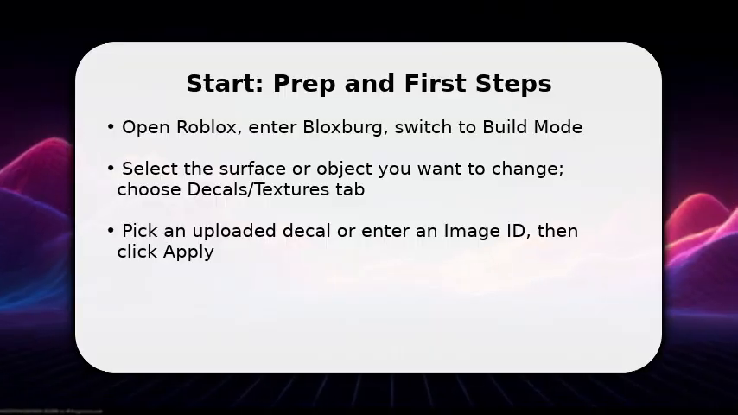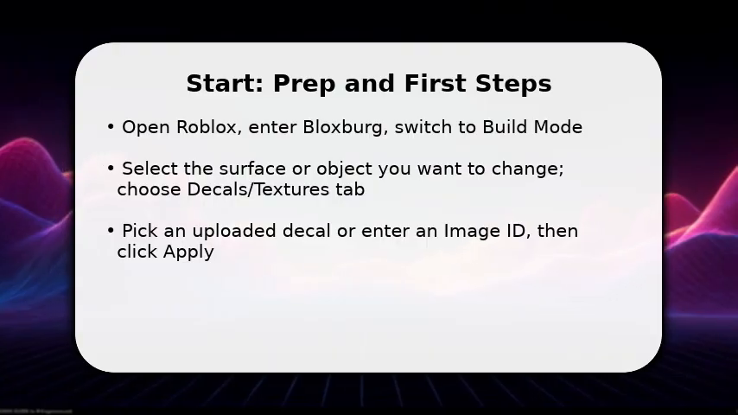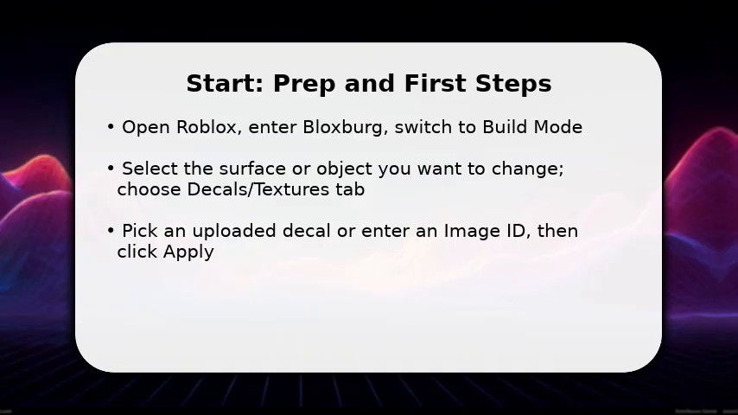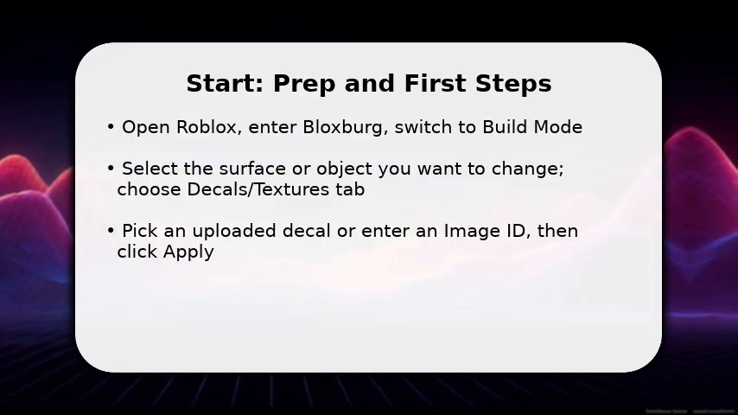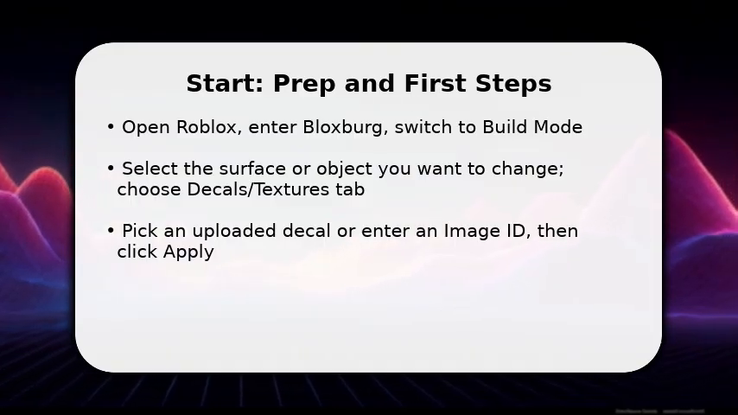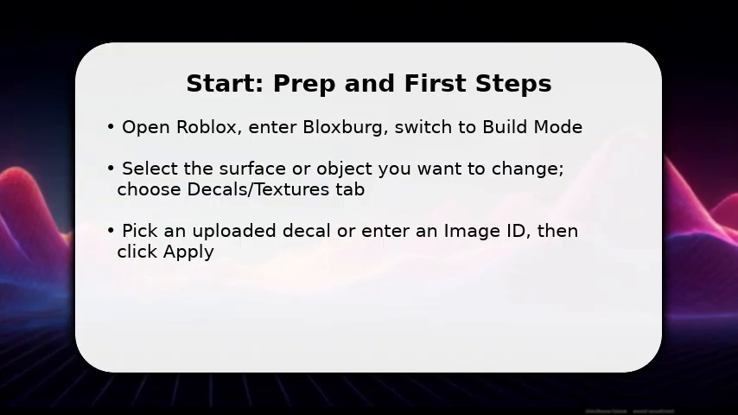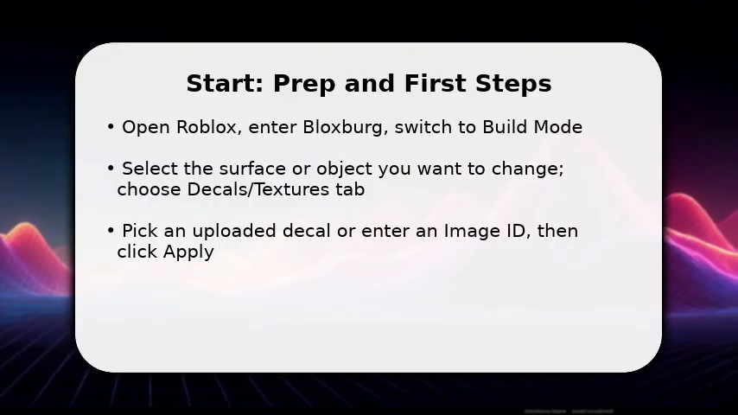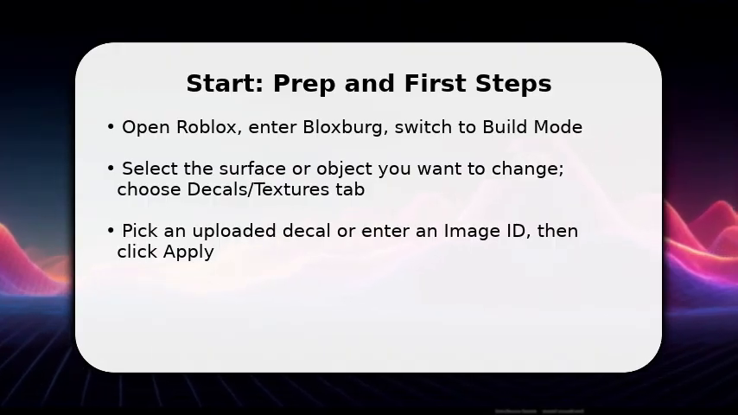You start by entering Bloxburg and immediately switching to build mode so you can edit surfaces. You select the wall, floor, or object you want to change, then open the Decals or Textures panel to access your image inventory. Choose an existing uploaded decal or paste its image ID into the field and click Apply to